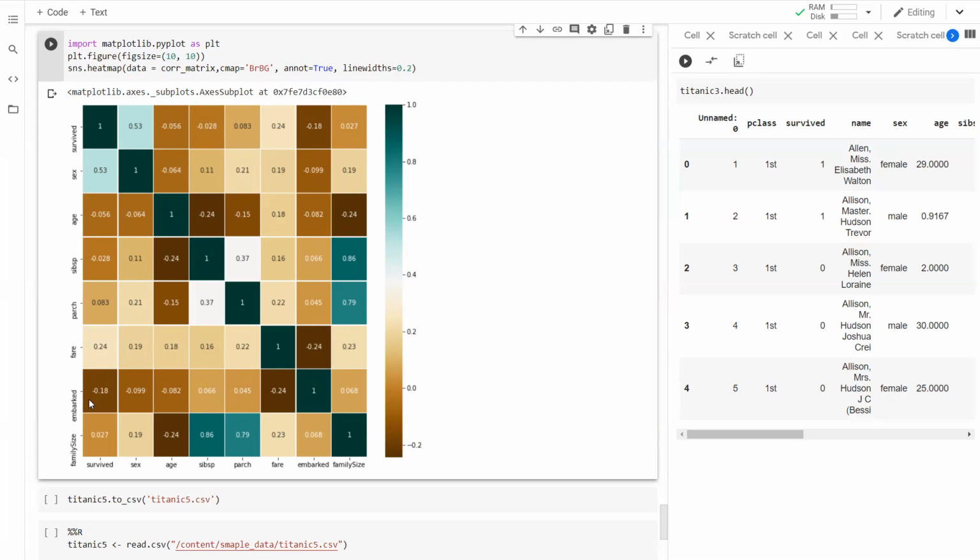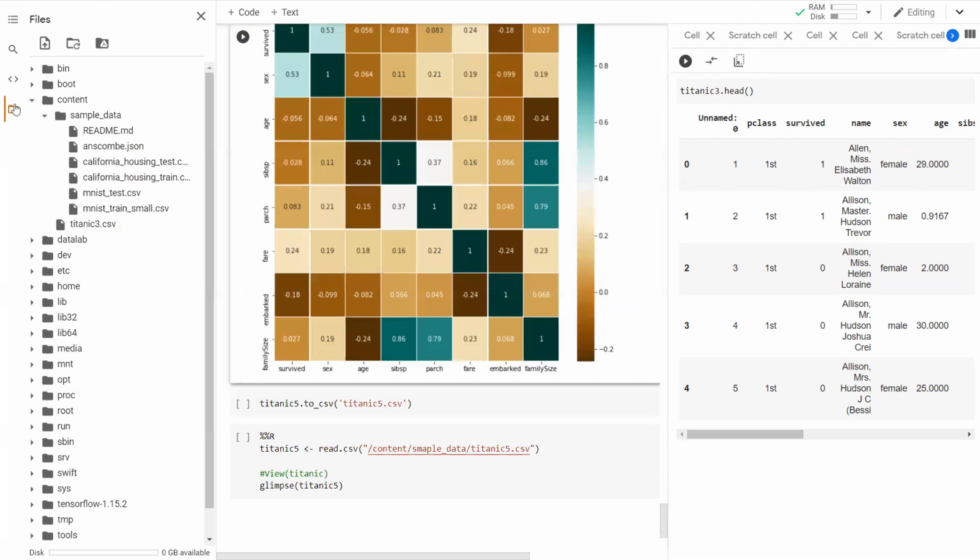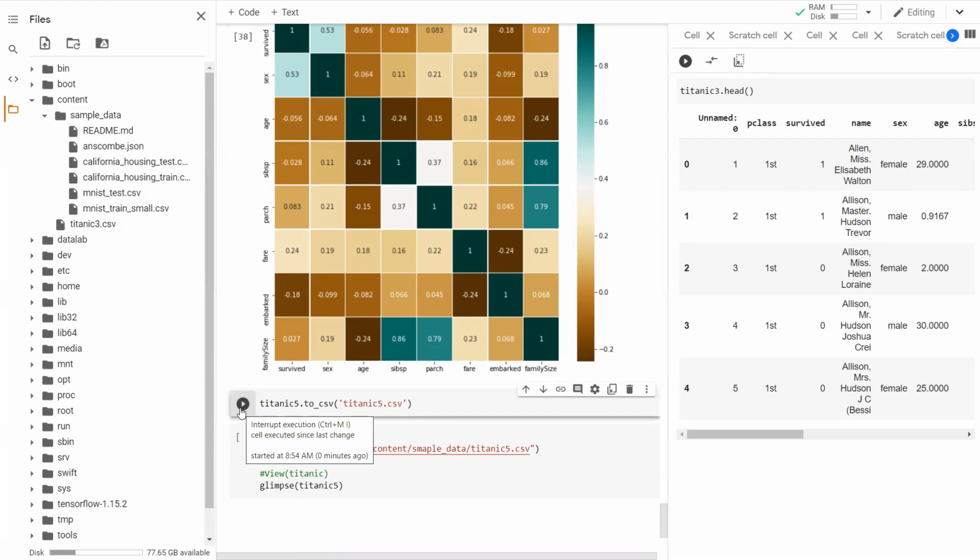And we can see when we look at embarked, it is strongly related to passenger class. And then family size is slightly positively related, but actually fairly close to 0, right? But we do know with the higher family sizes, survival actually deteriorated. Okay, so we could take this data set and write it out to, if we go back into our sample data, if we run that and look at our,